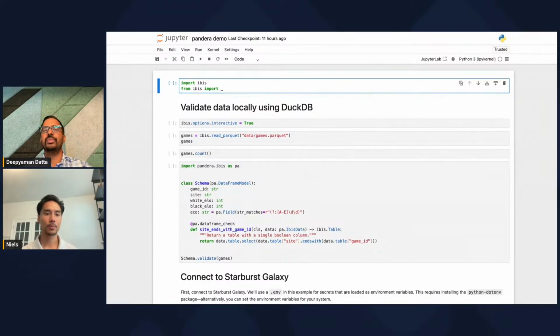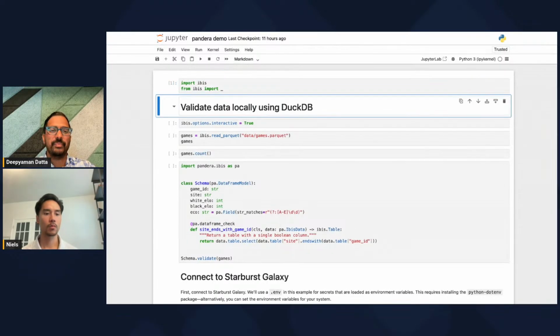Yeah, so I'm just going to go through a really simple demo. I'm not going to really focus on showing too much functionality from across Pandera. I'll probably just do a pretty simple use case, but one of the things I do really want to show is how you can work with stuff locally, and then also how you can do things at scale, and how Ibis helps power this sort of experience and reuse.